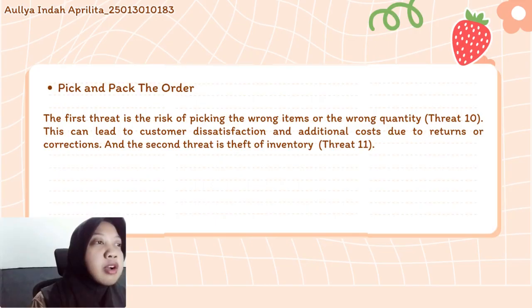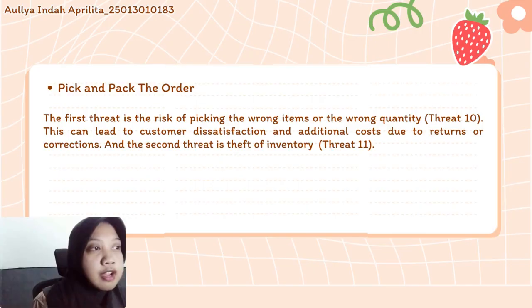It is to make sure only authorized employees can access the warehouse. 11.2, documentation of all inventory transfers. It is to make sure every movement of goods is recorded. And then 11.3, RFID and barcode technology, to enable real-time tracking of inventory. And then 11.4, restrict ability to cancel sales, to prevent manipulation of the transaction.